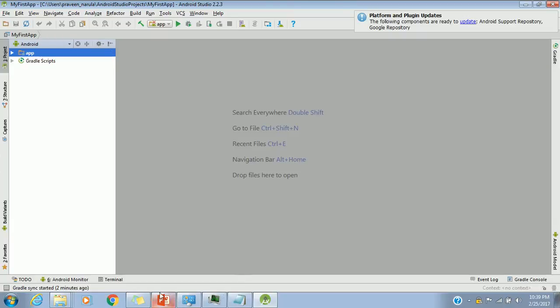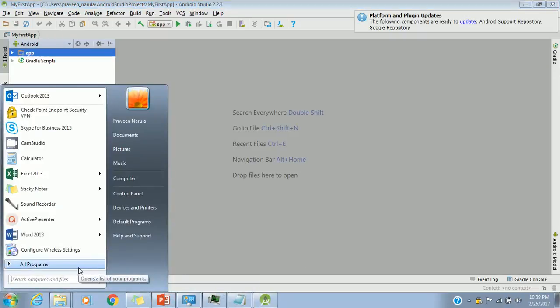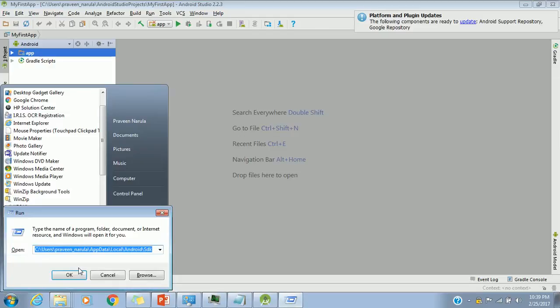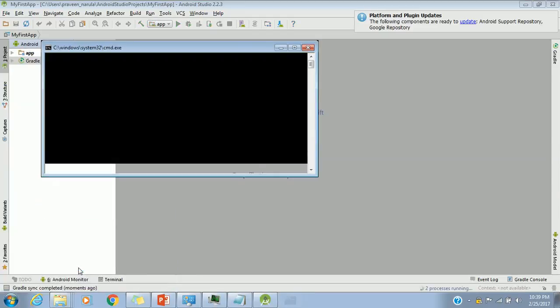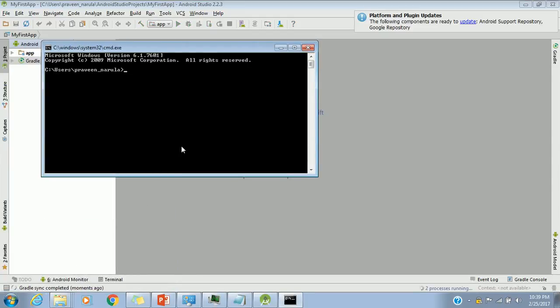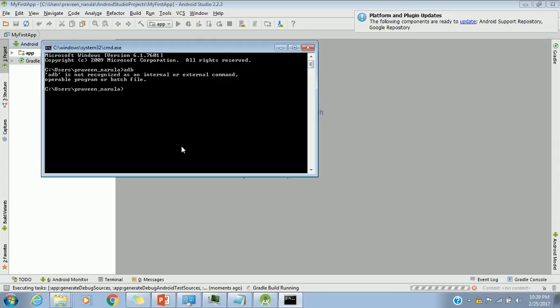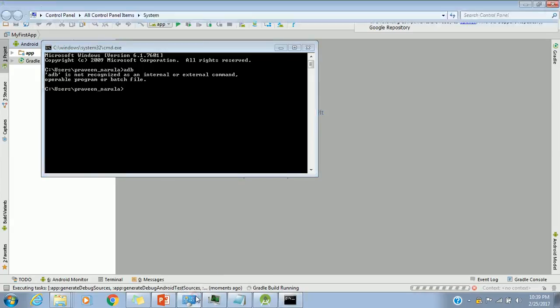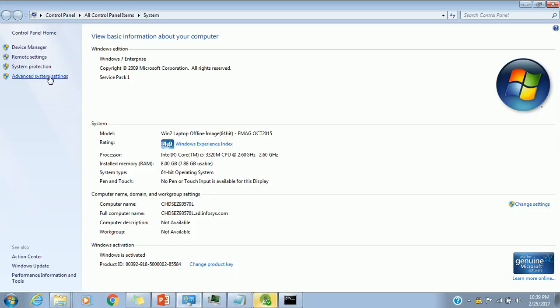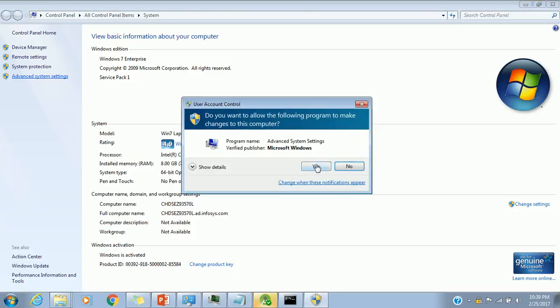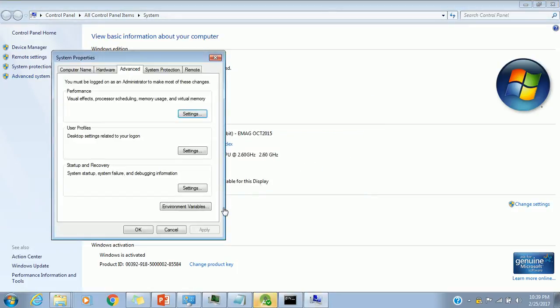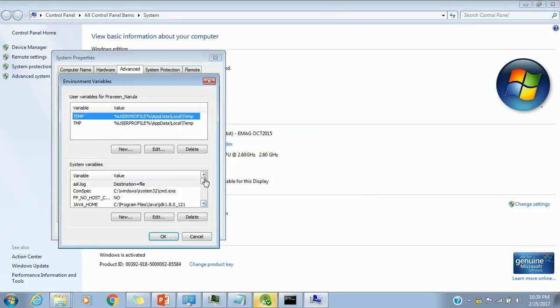So for example, if I go to start, run, and type cmd, and if I type any command like adb, it says adb is not recognized as an internal or external command. Which means we need to set up some system values. Again, we'll go to the system settings, then the advanced system settings, and then the environment variables,